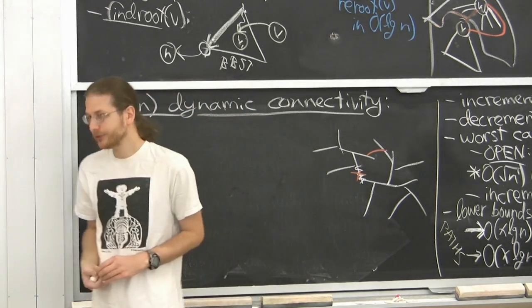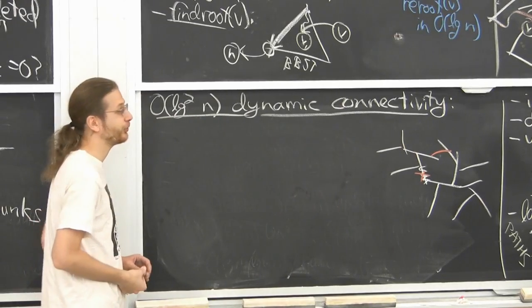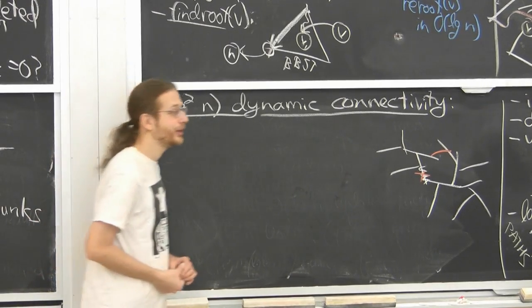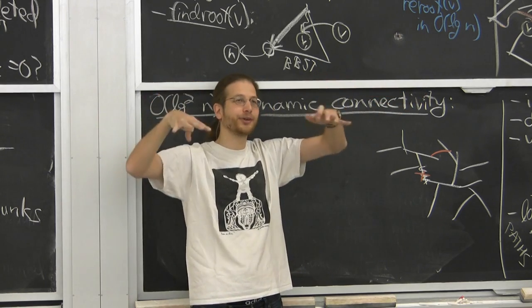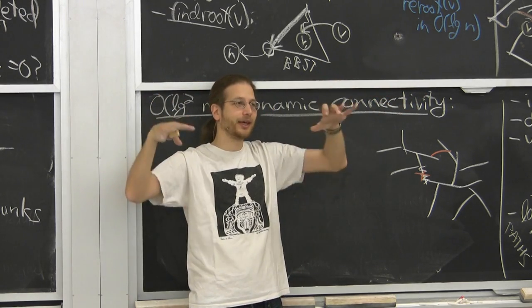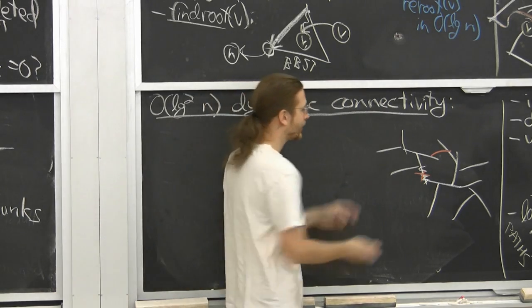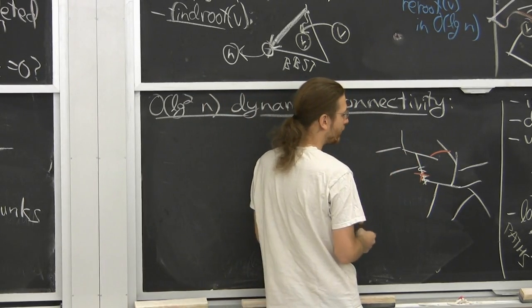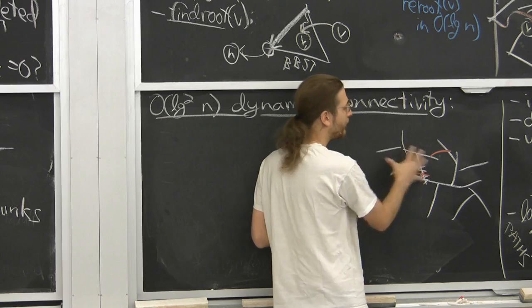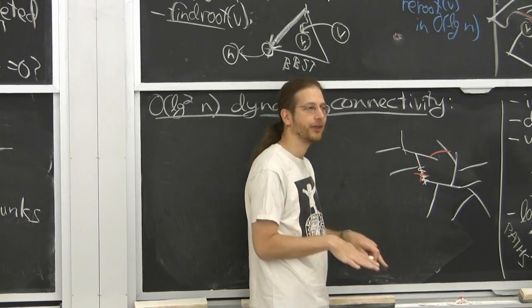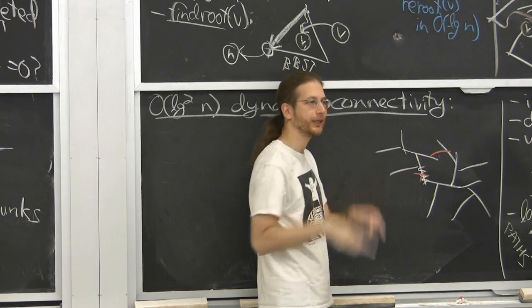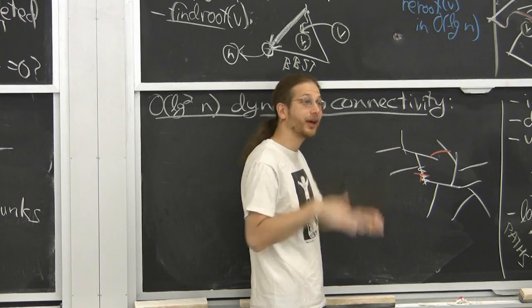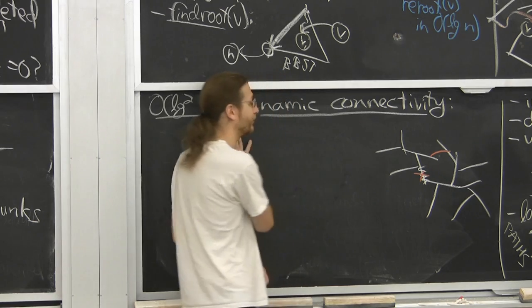To only lose another log factor, what we're going to do is not just store one spanning forest, but we will store the spanning forest, and then hierarchically decompose it. Yeah, there's this big tree, but some of the edges I'm going to put in the next level down, some I won't. So some subset of this forest will be at the next level down. And there's going to be log n levels. That's where we lose our log factor.